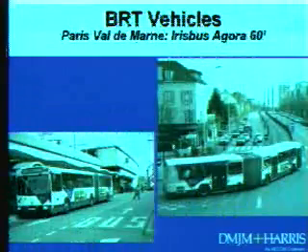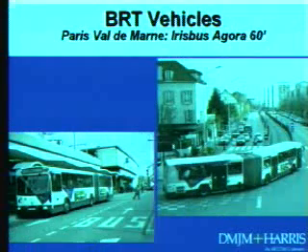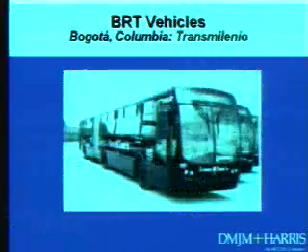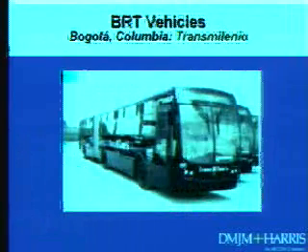Here's another example in Paris, an articulated bus with a terminal on the left and the right-of-way on the right. In this case, it's just a single lane, so there's probably another lane on a parallel street. And back to Colombia again. Some of these bus rapid transit looking vehicles have a smile on their face. You can see that.